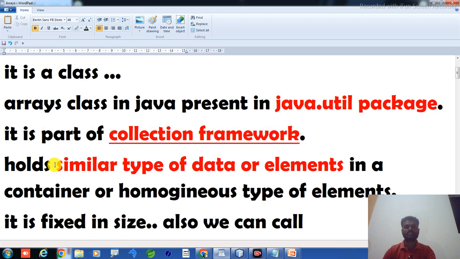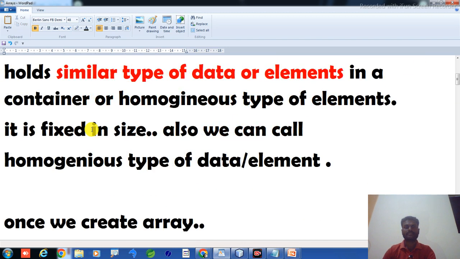It holds similar type of data or elements in a container, homogeneous elements. Same type of elements, whether numbers, characters, or string values, but homogeneous.